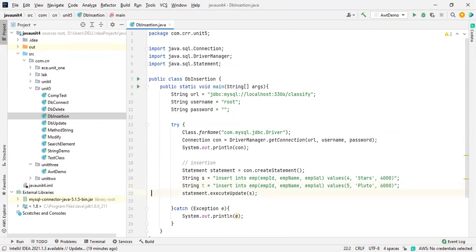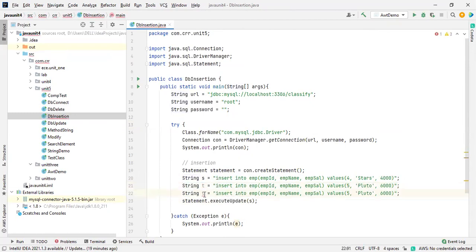And again, I'm going to take one more because I need to push the data as a batch. ST, and this is an R. Okay, I will make it a 6 ID. And this is Earth. It is like 7000.